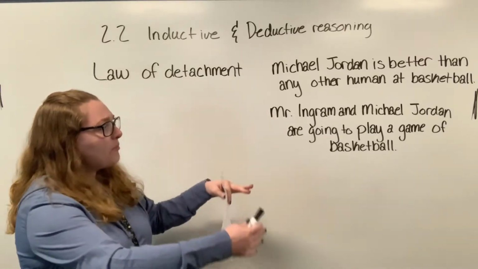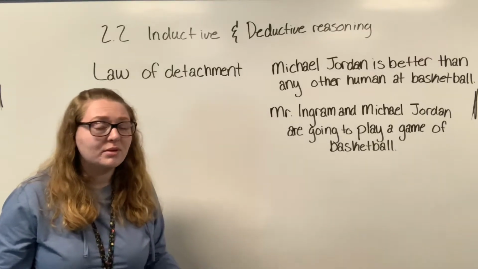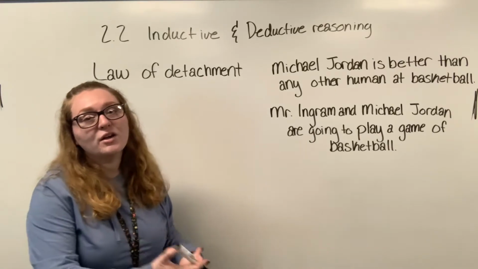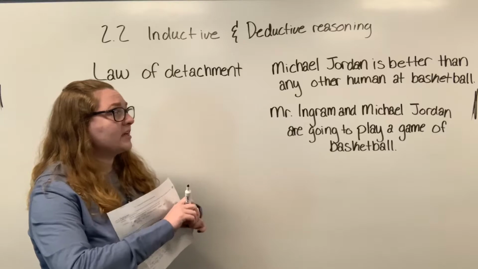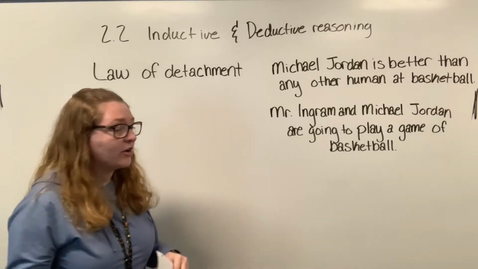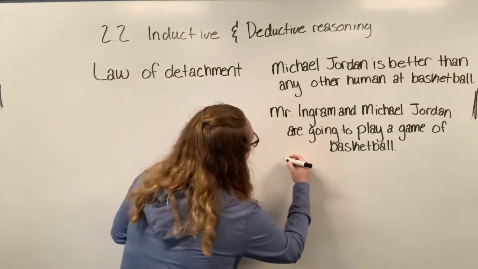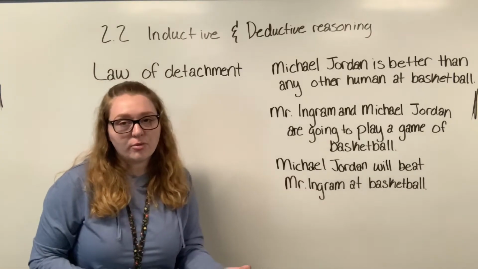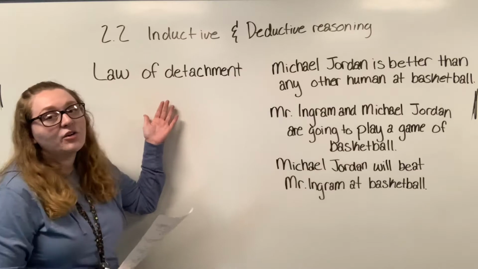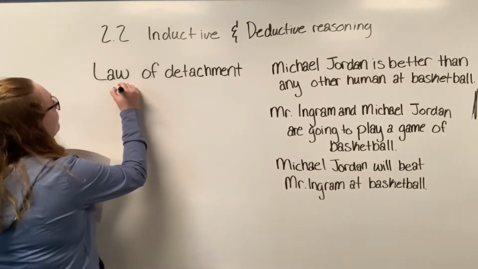So what's going to happen if Mr. Ingram and Michael Jordan play a game of basketball? Michael Jordan is going to win the game, or he is going to be better than Mr. Ingram. Okay, so I'm going to write down our conclusion. So I wrote our conclusion, Michael Jordan will beat Mr. Ingram at basketball. So the way that I remember law of detachment is that you have to write